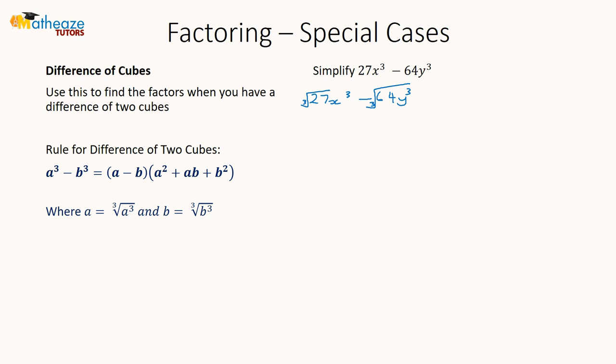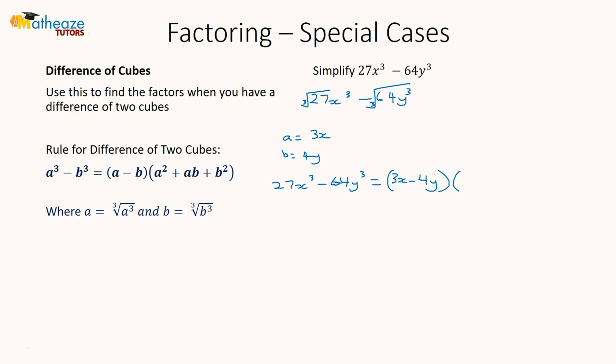So the cube root of 27x cubed is 3x, and the cube root of 64y cubed is 4y, so a is 3x and then b is 4y. So 27x cubed minus 64y cubed is going to be 3x minus 4y